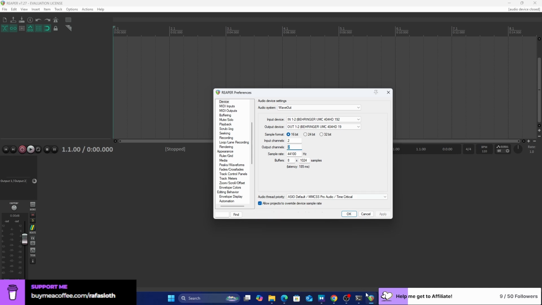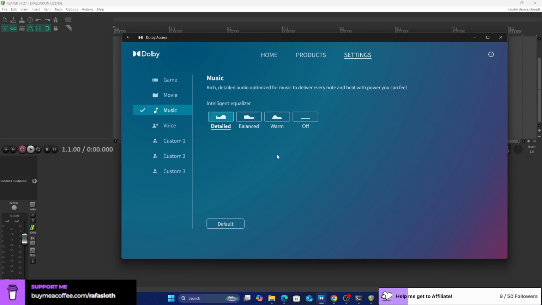But because I have Dolby Access, even though I only have two channels physically in my audio interface, this actually lets me hear 6 channels because of the science of this thing.